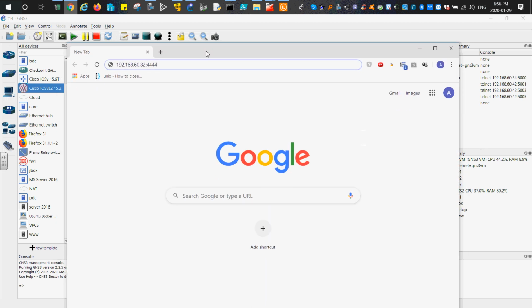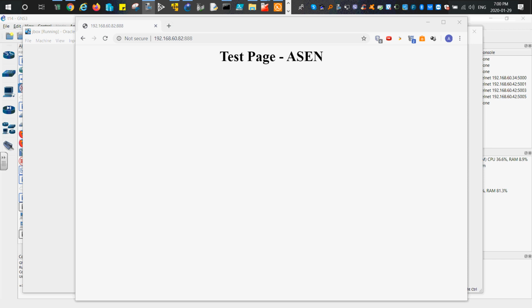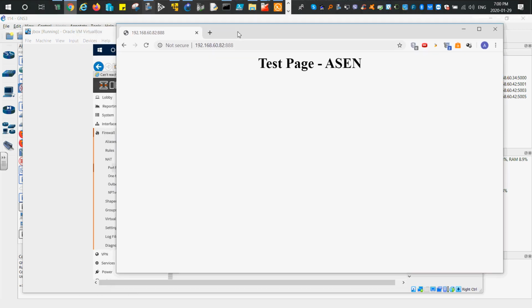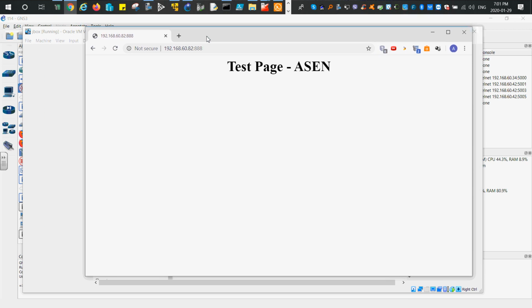Well, let's see what's going on now. So the 444 ports were in use before this. That was the reason. Okay, here is how you access it from your real computer, and you have access. Now